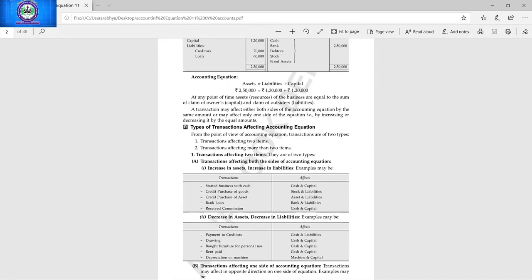So investment in share is not an expense, that is an asset. That's why I am giving you practice of such type of transactions, because until you are able to do these transactions, you will not be able to solve the numerical. So first try to make clarity between income, expense, asset, liability and capital. Capital is going to be affected only when there is any income or any expense.